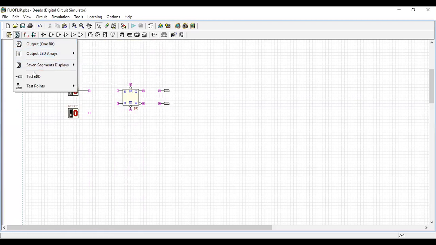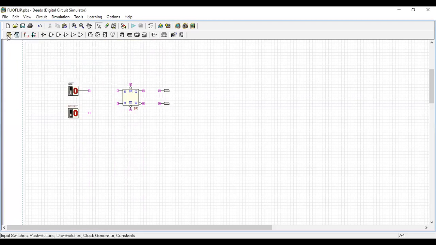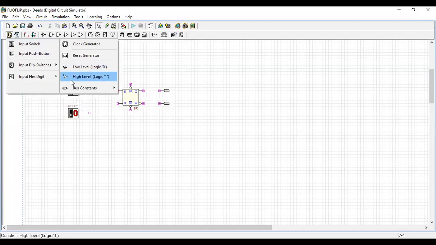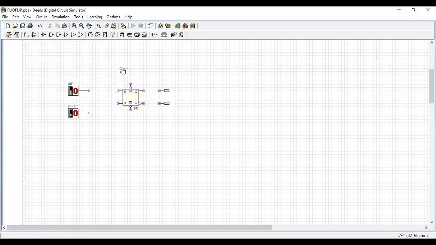I'll take logic 1. PR means preset. SR means set and reset.